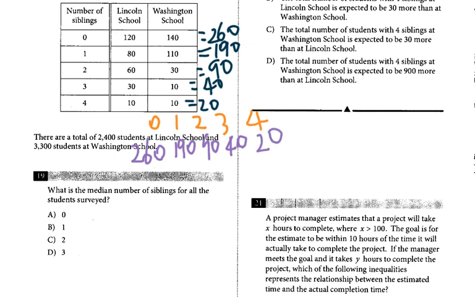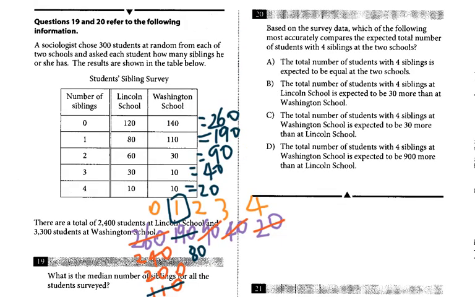I will look for the middle number. So basically it's 20, I subtract 20, and it's 240 left. Then subtract 40, 200 left. Subtract 90, it's 110 left. Then I will subtract, this time it's 110 from here. How many left? It's 80 left. So definitely 1 will be your answer. So for the 4 siblings, and